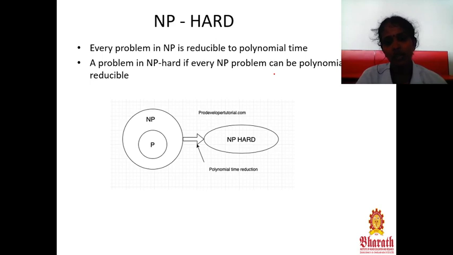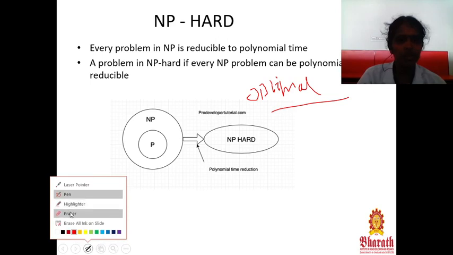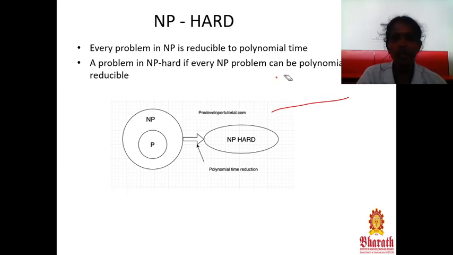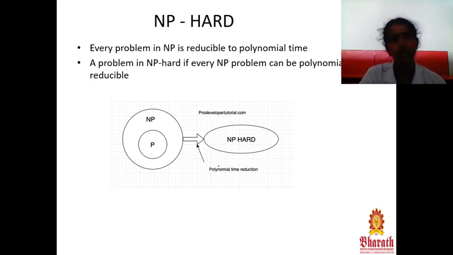So what do you mean by shortest path algorithm? In an NP hard problem, you have to get the optimized solution. If you are getting an optimal solution, I can say it is an optimization solution. So what do you mean by optimization solution? It means exactly only one solution to a particular problem, and we can say it is an optimal solution. So how can we get exactly one solution? Based on the constraints.